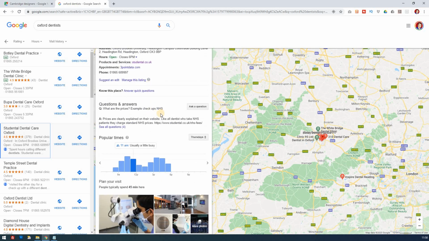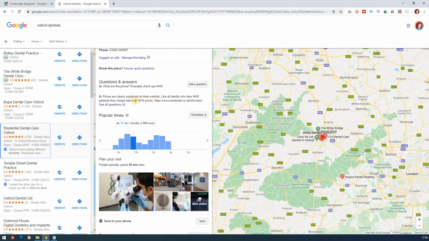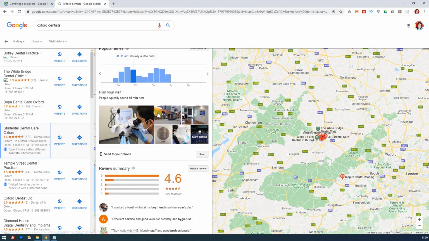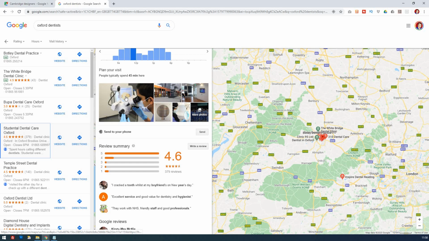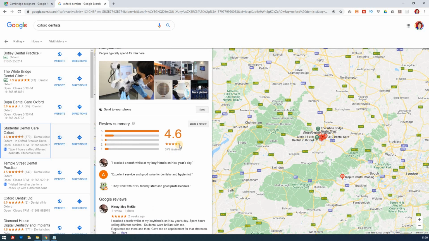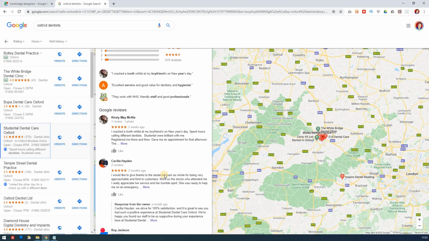And they obviously have this managed, so they've claimed it. They've even got questions and answers, which is really important to get some of those things in, because it gets the keywords and it also shows the importance of that. They've got quite a lot of photos. So people have submitted photos and they've submitted their own, and that's a lot of reviews, and that's good. And actually they say that if you get between 4.5 and 5, then that's going to be considered very authentic, which is one of the reasons why it comes up very close to the top. So this is the top one because these 2 are paying for it. So that's relevant to bear in mind.